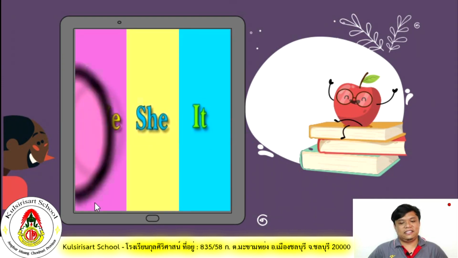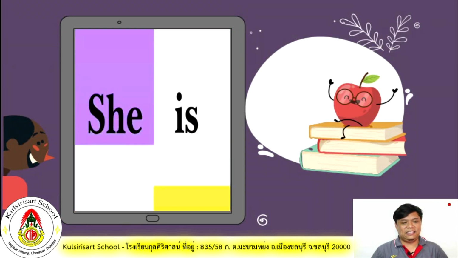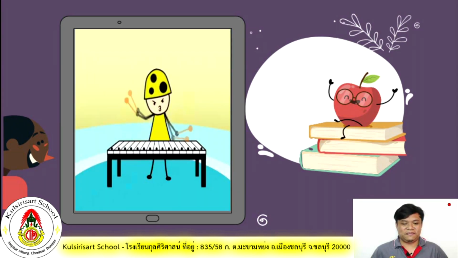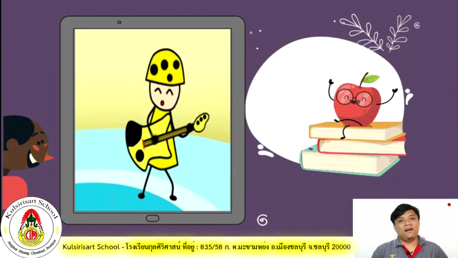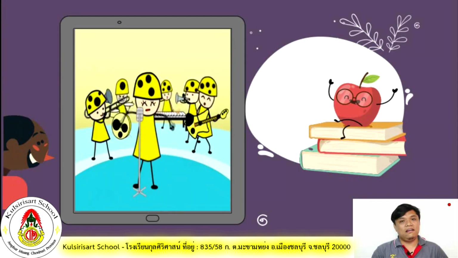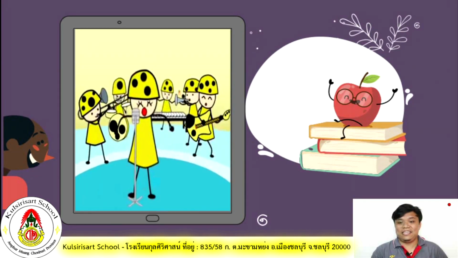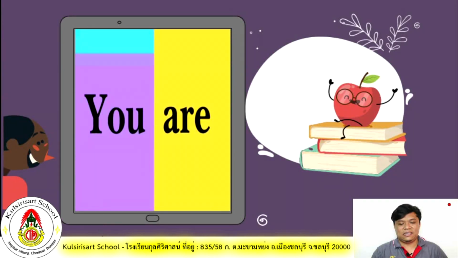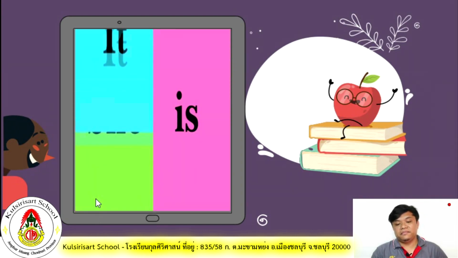He she it ต้องใช้กับ is Good job. He is She is She is. It is It is. Ba-da-ba-da-ba, I am You are We are They are He is He is. She is It is Ba-da-ba-da, I am You are We are They are He is She is It is